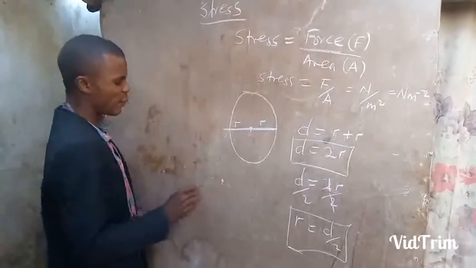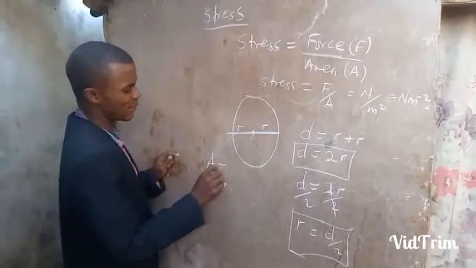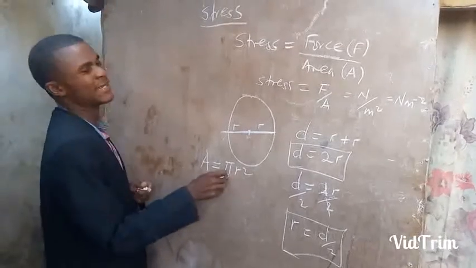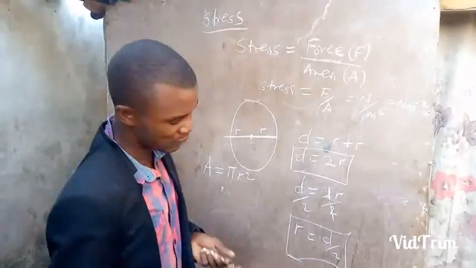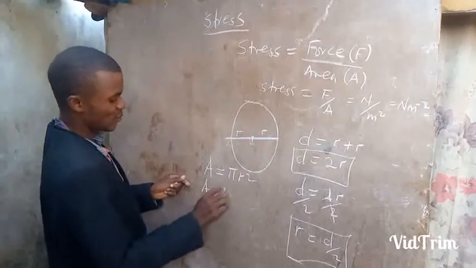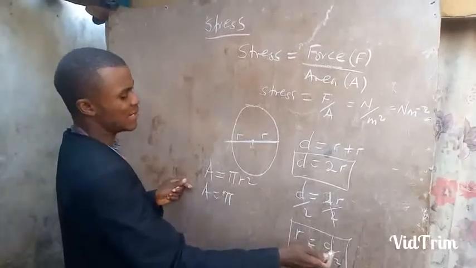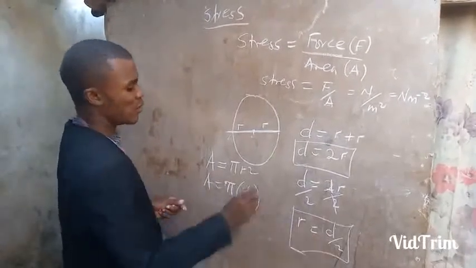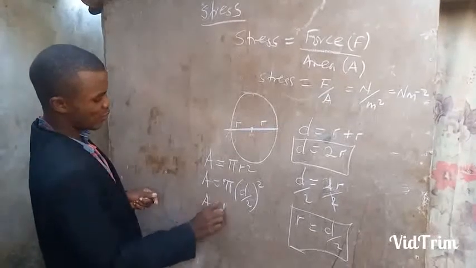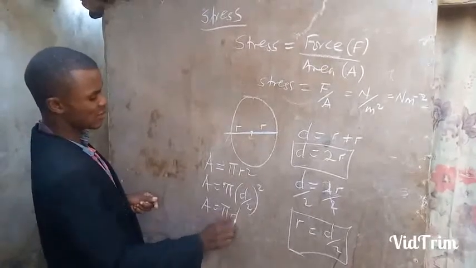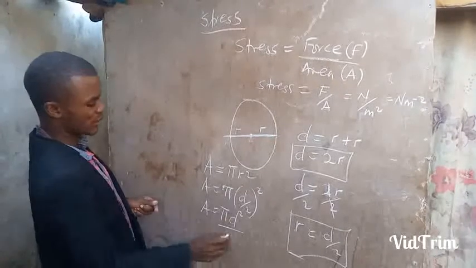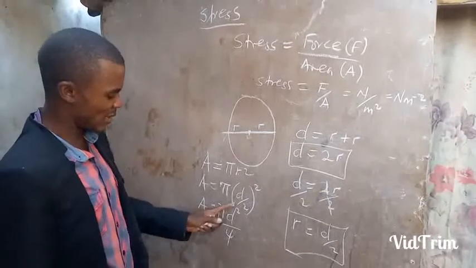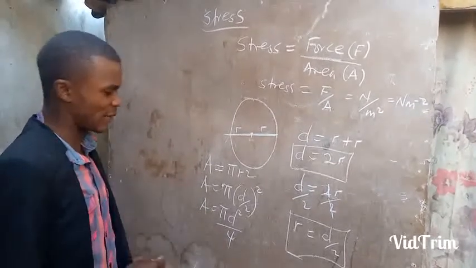It takes us to another form. We again recall that the formula for the area is pi r square, where pi is a constant, which is 22 divided by 7. So if we substitute, we have pi, and the radius now is d divided by 2. Wherever you see radius, you put d over 2, all squared. D raised to the power 2 is d square, divided by 2 to the power 2, which is 4. So the formula for the area is pi d square divided by 4. Pi multiplied by diameter square, everything over 4, is the formula for the area.